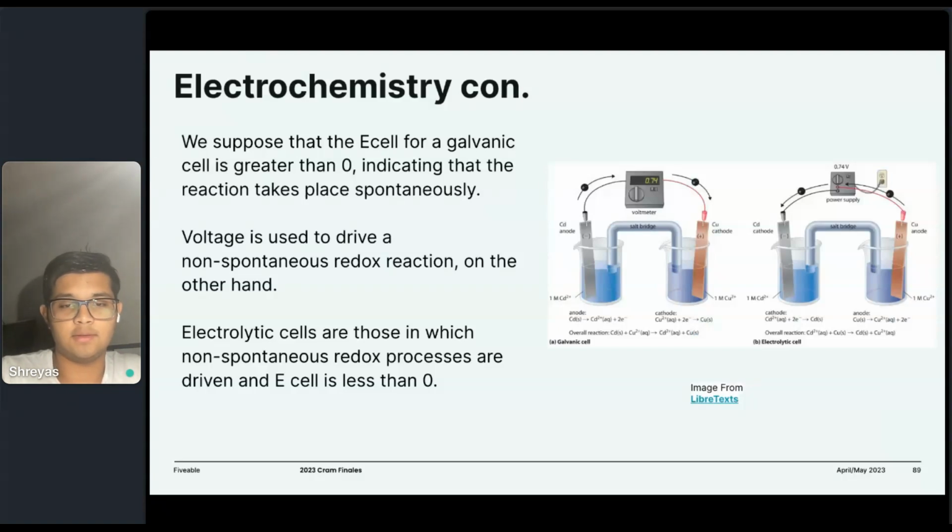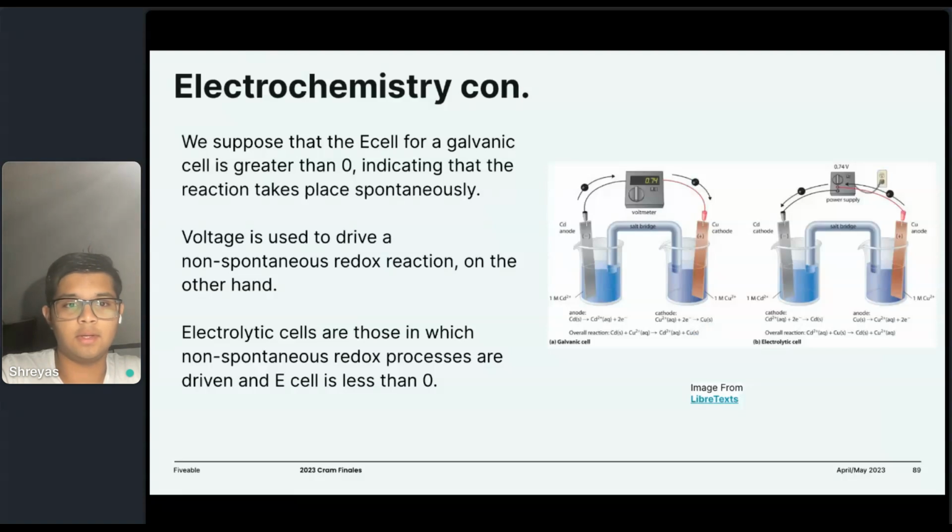So as you can see on the right, there is a galvanic cell, and I just want to point out the different components of a galvanic cell. On the left, you see that there is an anode, and from the anode, electrons are traveling to the cathode. So always remember that electrons always travel from the anode to the cathode in a galvanic cell,